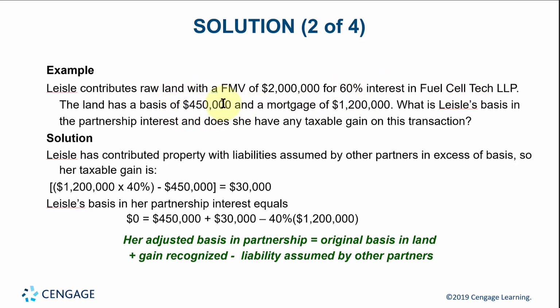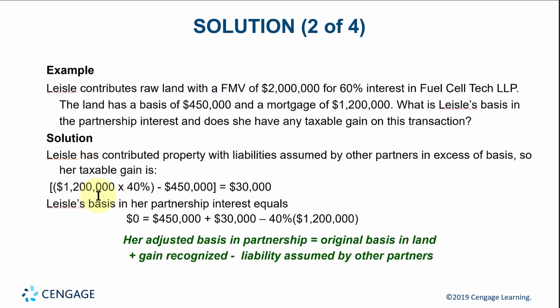So this will be transferred over to her partnership interest. But now there's a mortgage on the property that the partnership is going to assume. This is the whole mortgage here. But still, Leslie's going to be liable for 60% of that. So Leslie is only being relieved of 40%. 40% of 2.1 million looks like it's